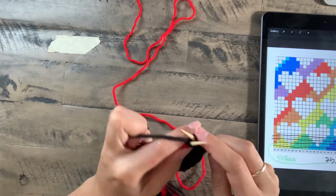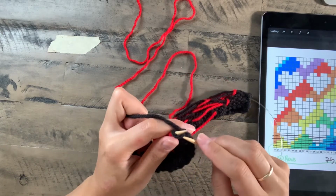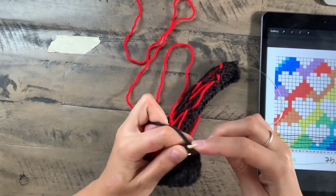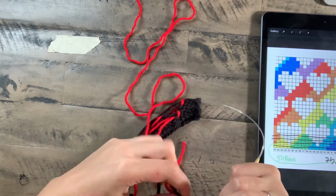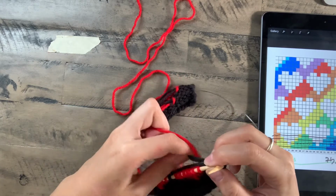Just wanna make sure, there you go. Always struggle with the first chain. There you go, 1. Now again, we're gonna grab our red. We're gonna go under,